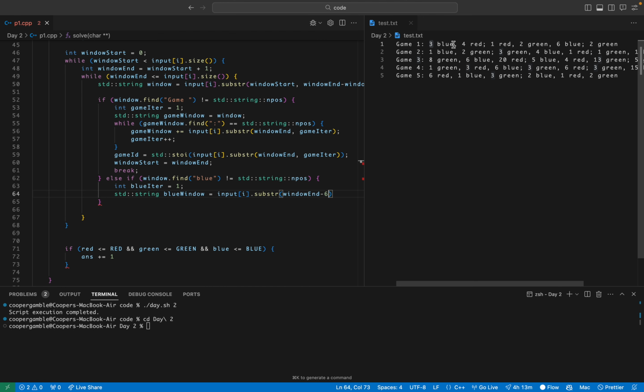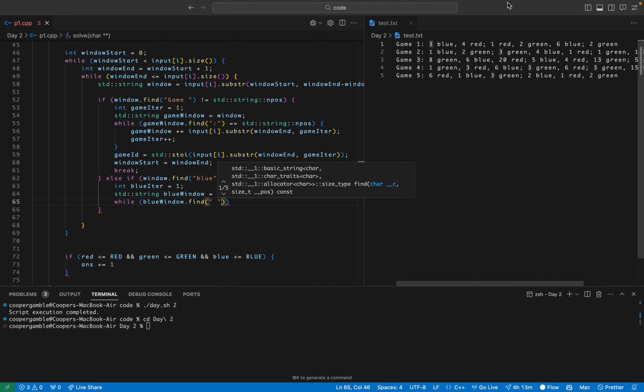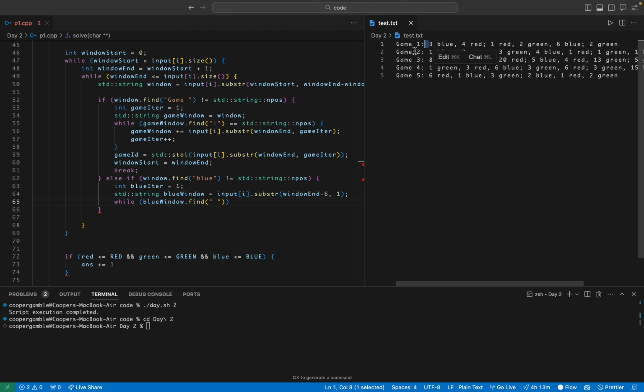And then, while this blue window, what we're looking for, again, is a space. The way we'll know we've reached the end of our cube count is when we encounter a space. So while the space is not in the blue window, what we can do, std string pos,